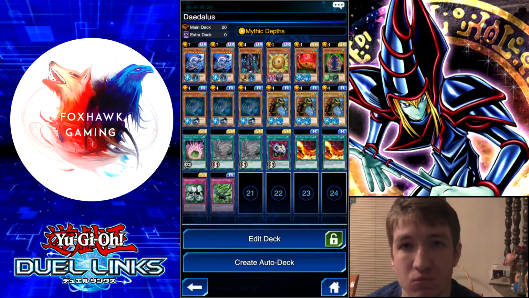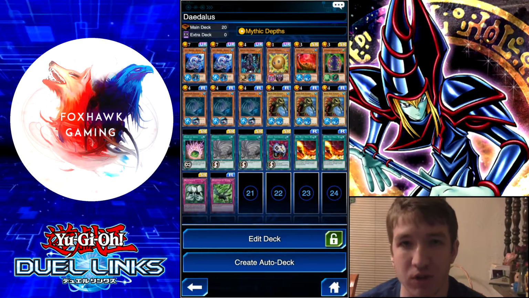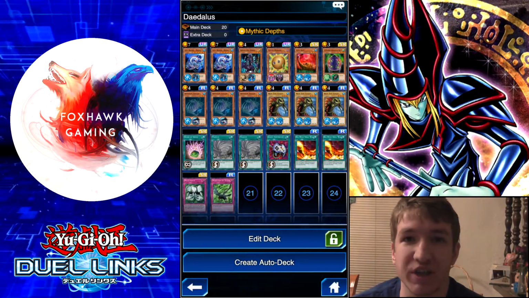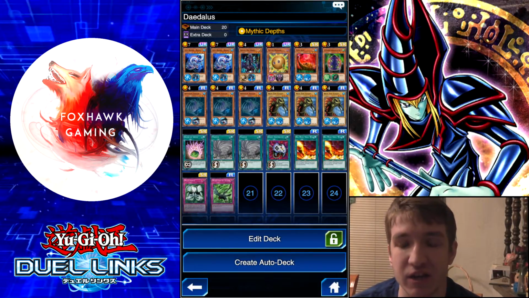So, right now on the screen is the deck that I'm going to be using that I've been having a lot of luck with. Well, I can't say luck, because I've been playing a few games at Platinum 3 and it's just back and forth. I win some, I lose some, and it's just not working for me, which I hope will change with